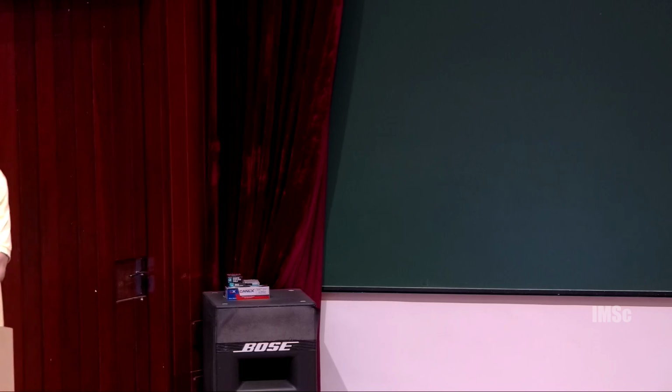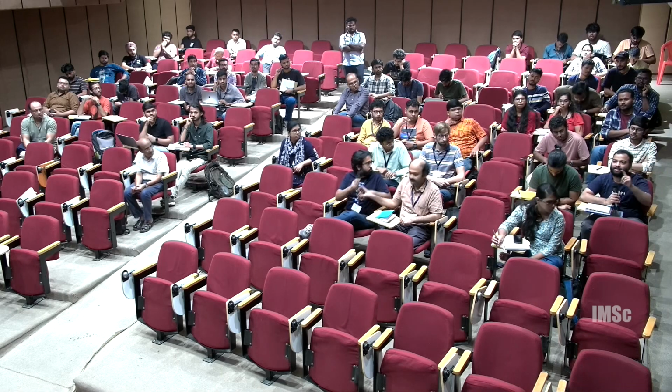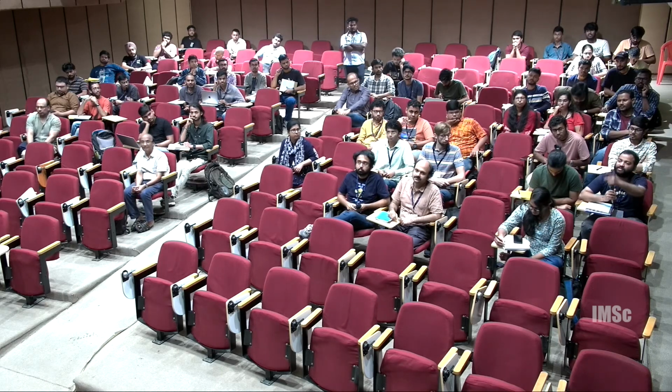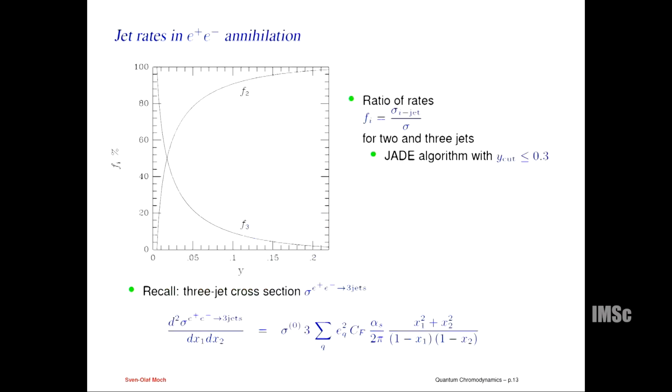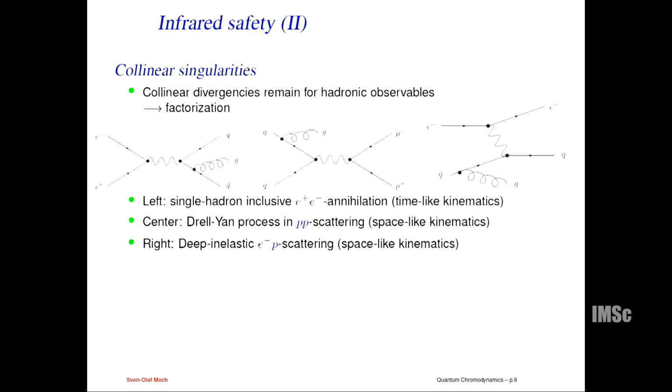Okay, thanks. Yeah? So I have one. Yes. Tell me. So can you show this e+ e- to q q-bar g cross section? This, the real emission cross section. This one. In terms of poles. This one? No, having the 1 over epsilon squared pole and the 1 over epsilon pole.